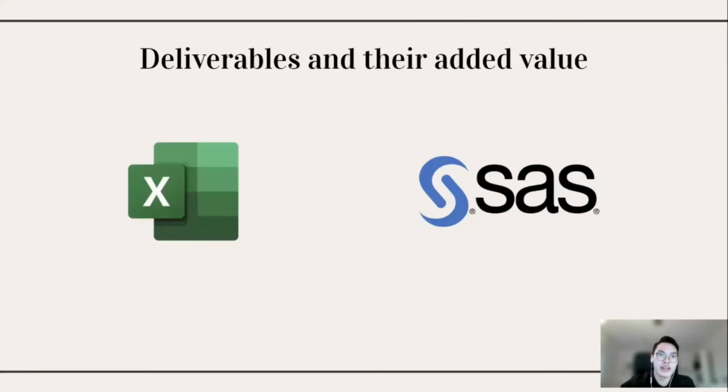Agata and I will now be going over the final product of the project. I'll be going over the deliverables and their added value. So the analysis of the simple linear regression indicated that the independent variable weekly guests served as a good baseline in explaining the variation in weekly revenues for resort hotels. We provided also an Excel file where we calculated the weekly revenue of both city and resort hotels. This information was used to create a line chart, which allowed us to uncover seasonality in the data.